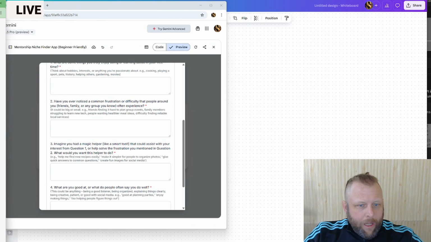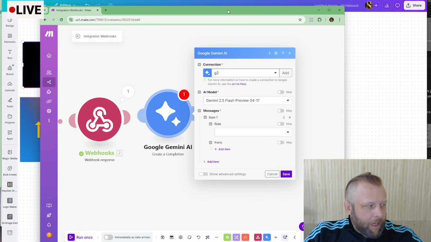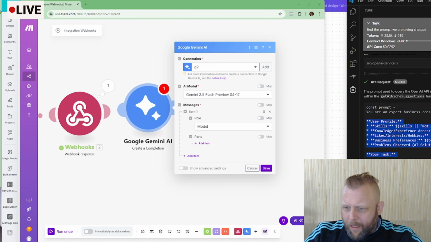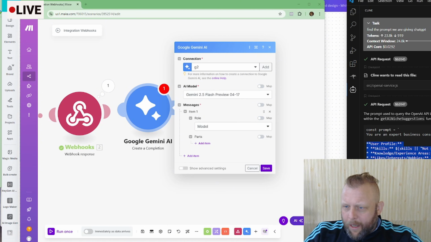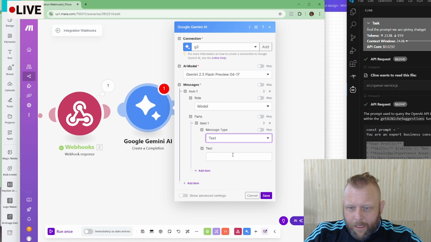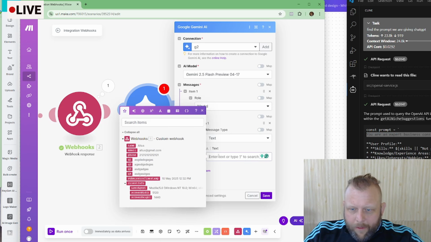So I'm going to move this off to the side, just so this is off to the side on my screen, and I'm going to say model. No, I have another bit in here. What's in that code here? Model part, and the message. It's going to be text. So what are we going to say to it? I'm going to say,